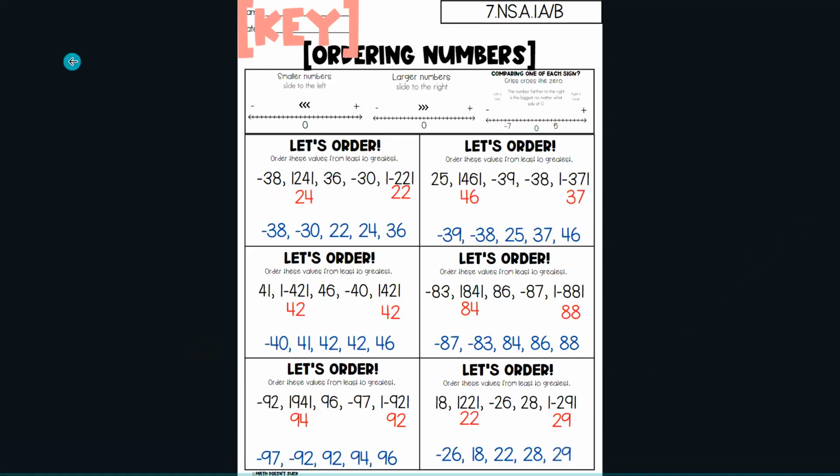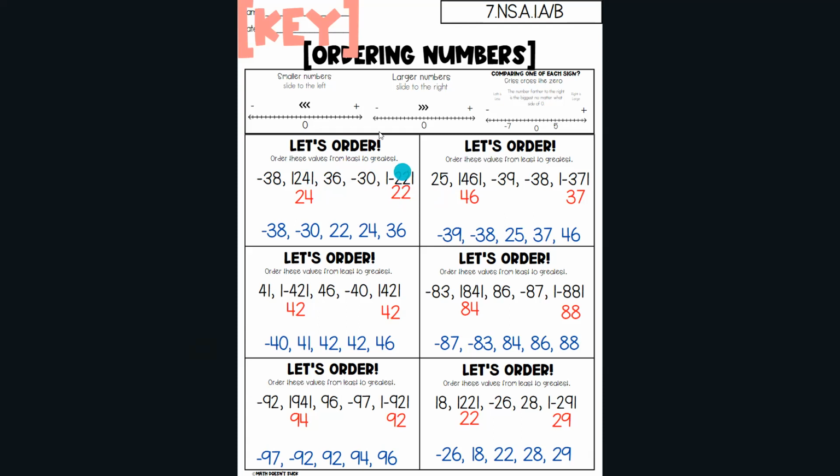All right, here is our final homework of the week. We are ordering numbers. We are ordering positive numbers, negative numbers, and absolute values. The first thing we're going to do when we're starting is we're going to write the absolute value of any number to help us make sure we're comparing the correct numbers. So we have 24, which is the absolute value of 24, and we have 22, which is the absolute value